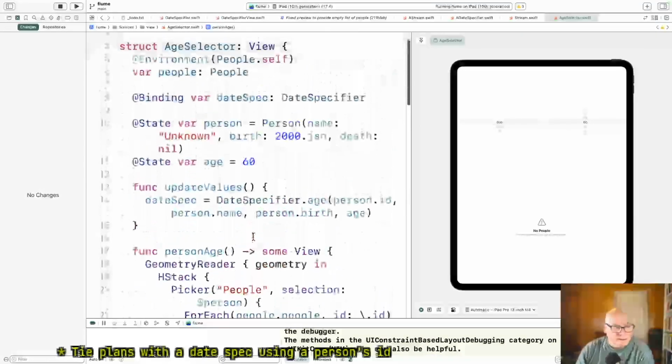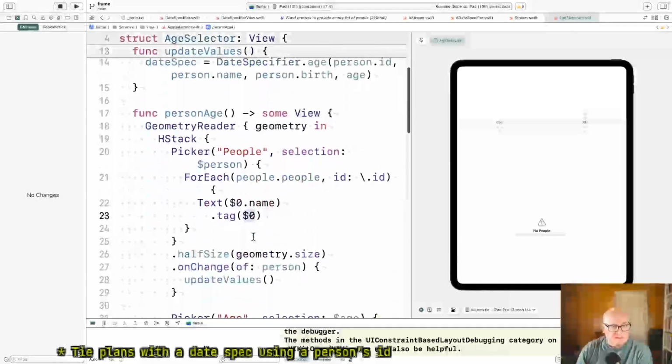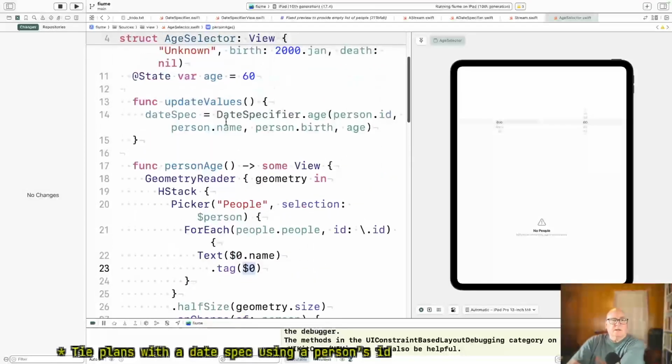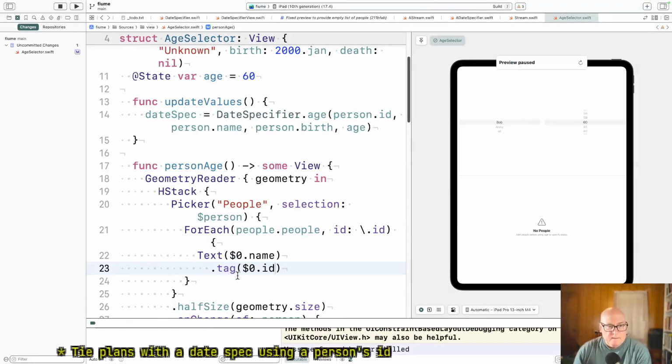Where's update people again? Update values. Person.id, person.name. Well, that seems okay. This is probably better off being ID, because we know this is guaranteed unique. We haven't dealt with the fact that you could declare Bob twice. I don't think it's a common mistake we're going to see, but we're going to make it unique.